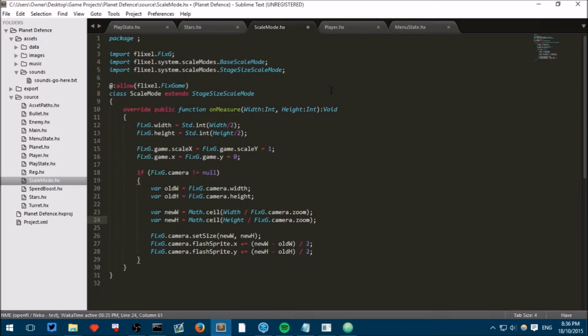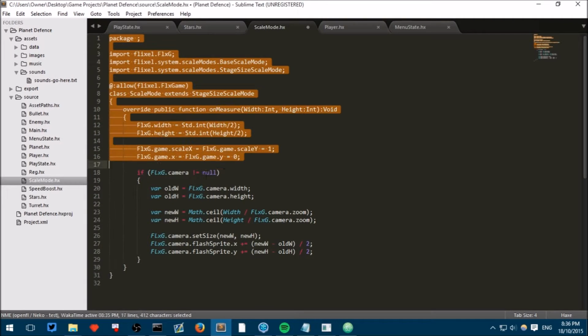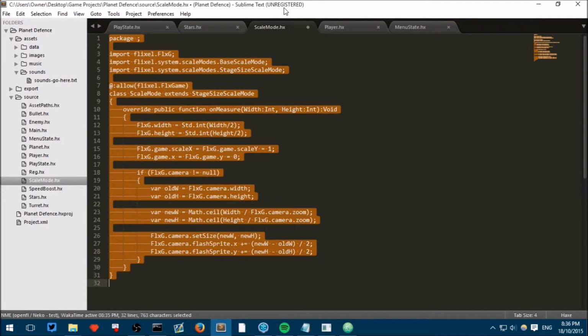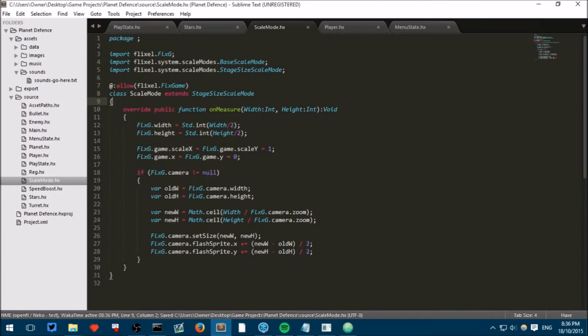I don't like putting this in a tutorial, but this is probably the best way we're going to get this window to take up the full window with no bars on the side. So I'm going to have a link to this file, and you can copy and paste the whole file, and I'll have a link in the description. So yeah, save this file, scalemode.hx,